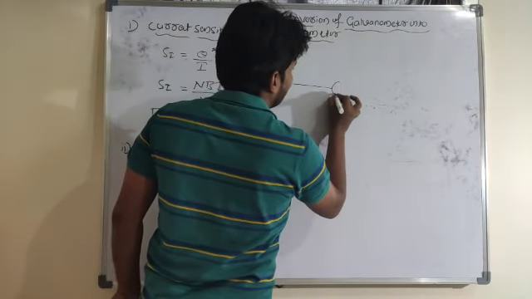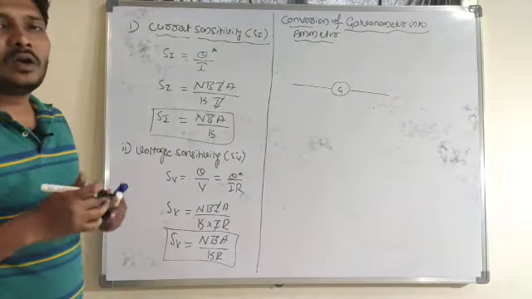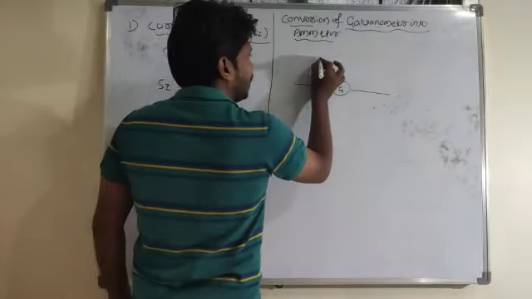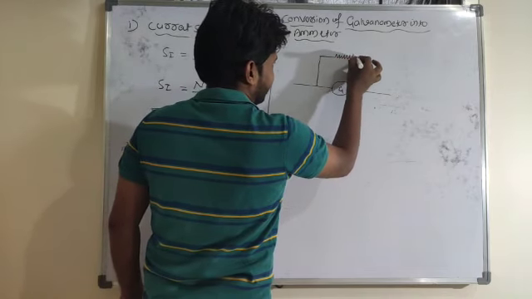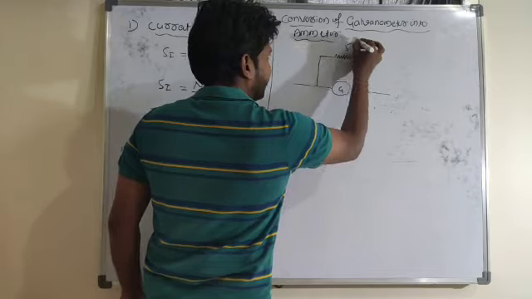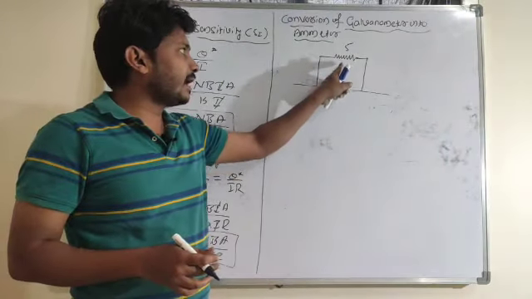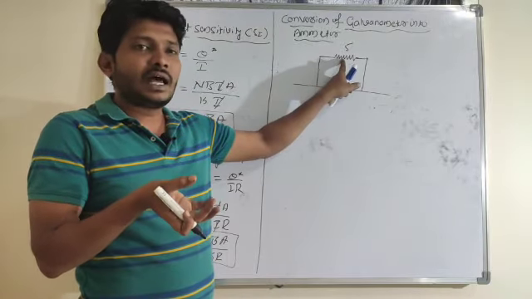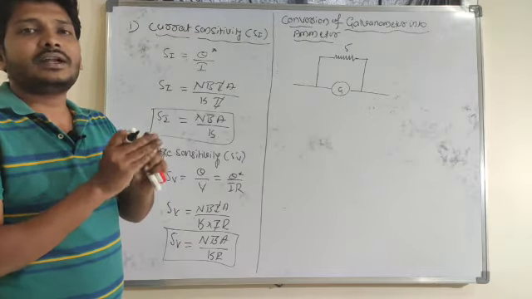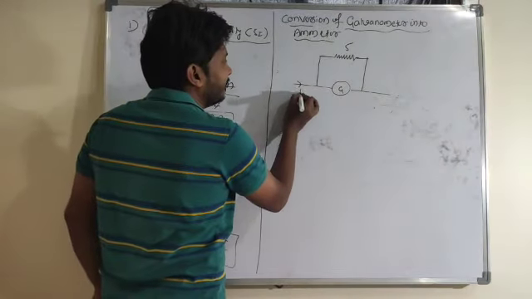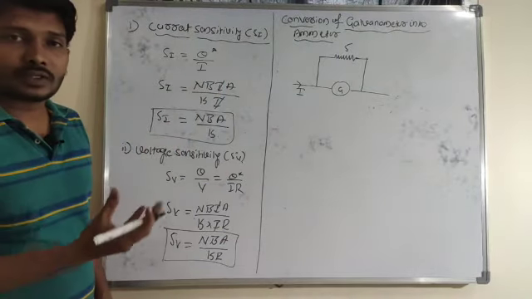For example, here this is one galvanometer. Parallel to this galvanometer, I would like to consider a low resistance. That low resistance I would like to consider as a shunt resistance, and its value is S here. A suitable low resistance connected parallel to the galvanometer makes the galvanometer behave as an ammeter. For example, I want to prevent damage to the galvanometer. If a large amount of current passes directly into the galvanometer, there may be a possibility of damage.